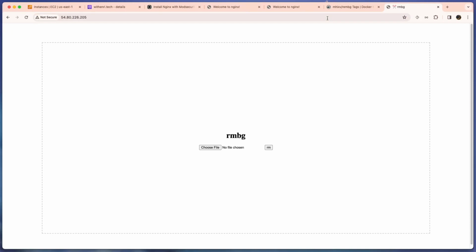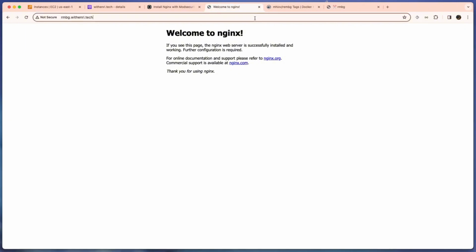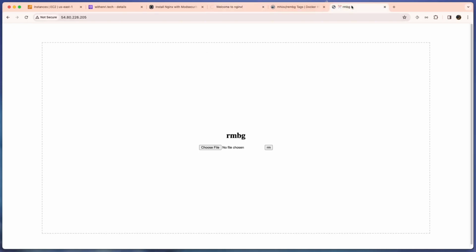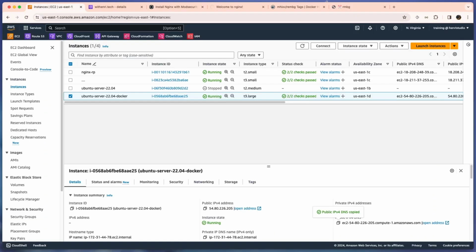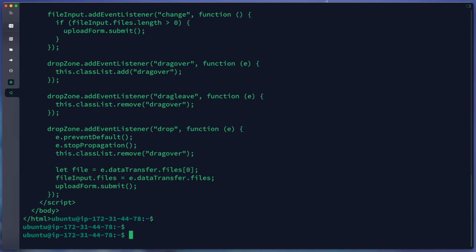This is the test. So right now we will create a reverse proxy with Nginx. We successfully installed our Nginx and we successfully mapped our public port to our local container. So now we will stop our container.